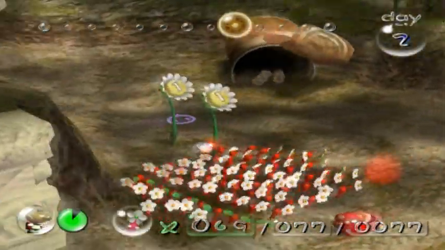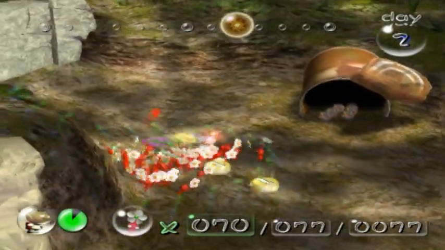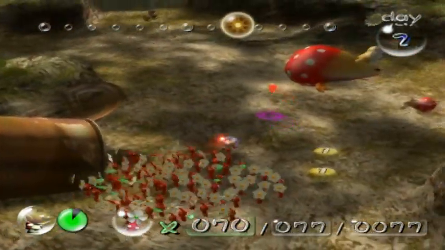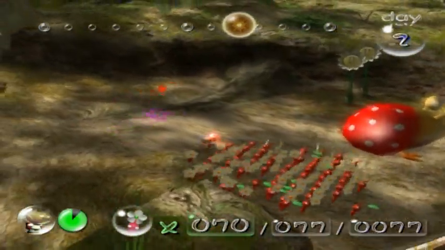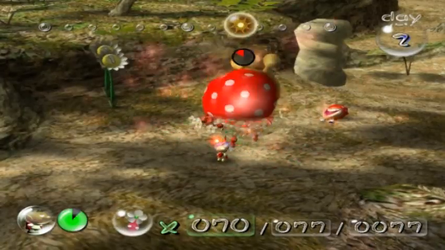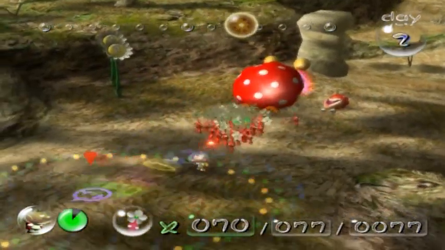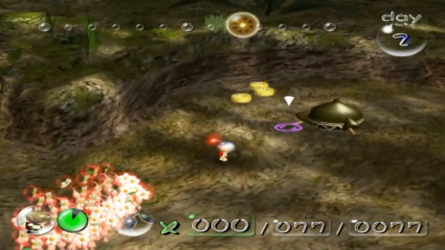Now, the reason why I did that is because there is a chance that that dwarf Bulborb could let out a yelp. And if it yelps, this spotty Bulborb here will wake up. You don't want that to happen. And come on, come on, come on. Very nice. And that's all the Reds need to do. And now...